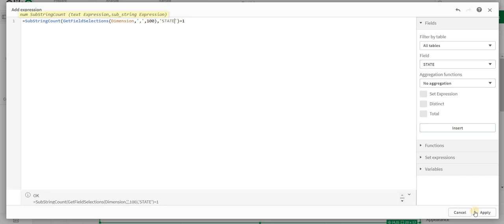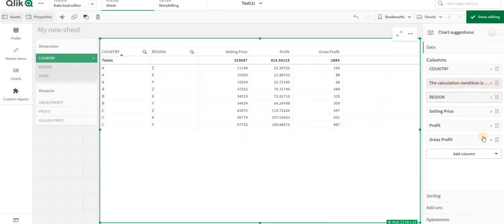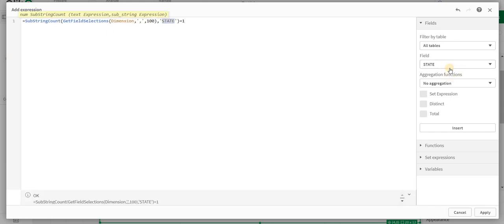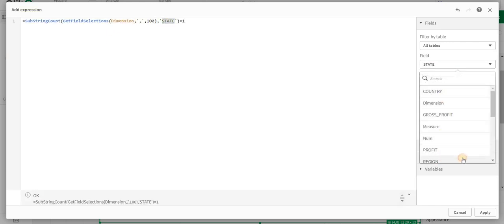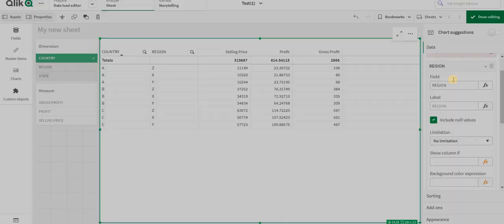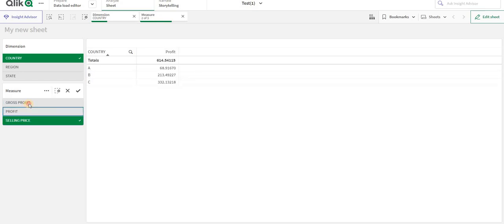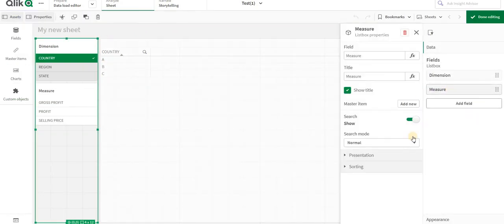I will replace this by state. I will do the same with region. If I select gross profit, that profit column will appear accordingly. Okay, so in this way you can create your show hide conditions, and